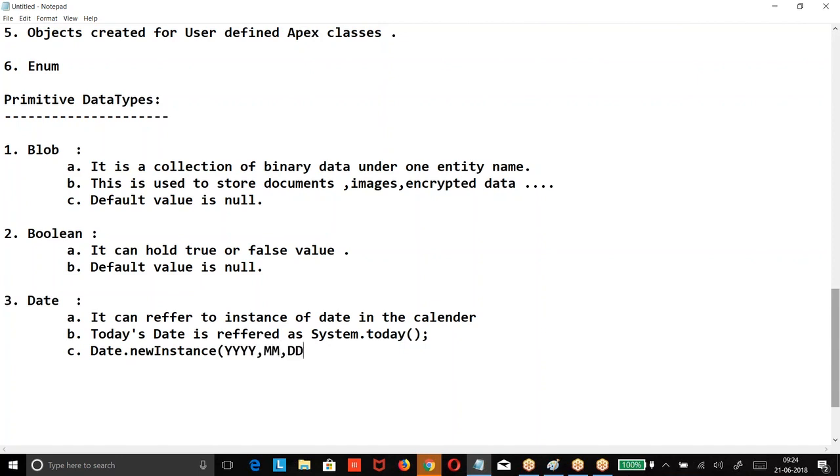If you want to refer to a particular day, you use Date.newInstance of year, month, day. For example, 2018 July 21st.